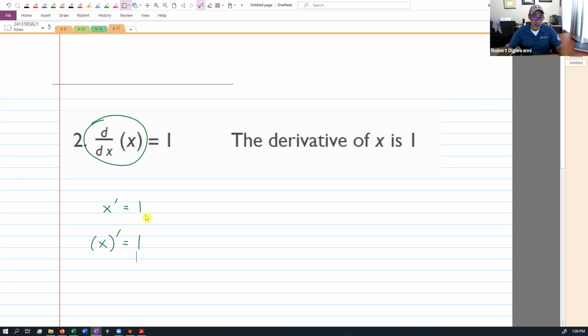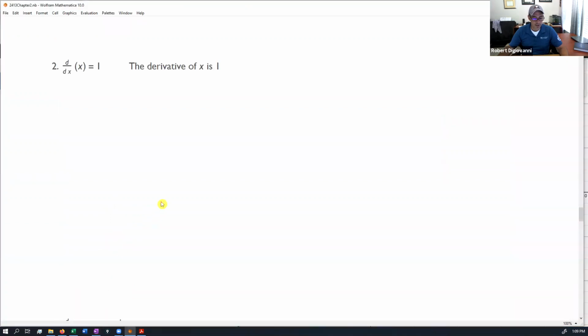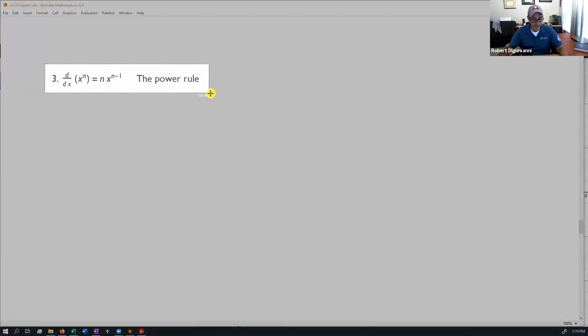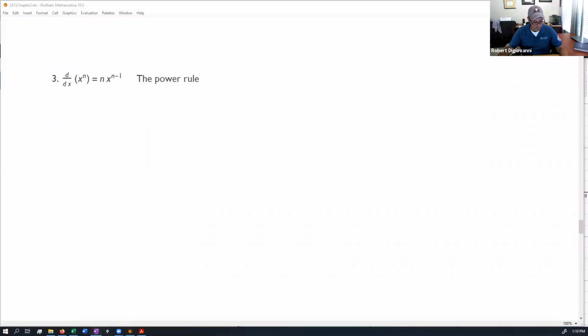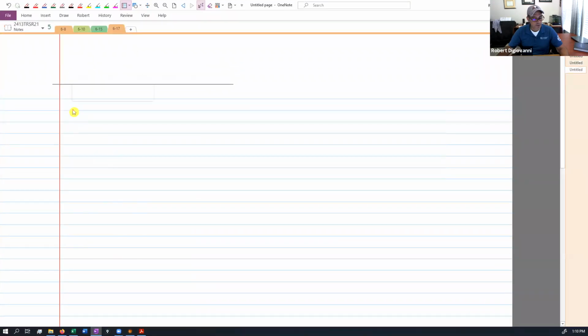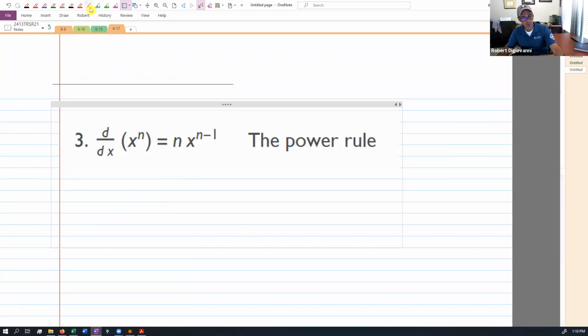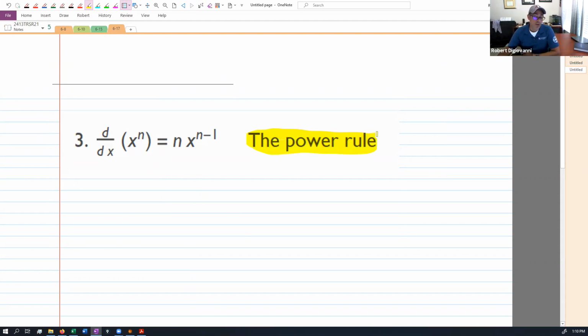Now, the next property is very difficult to convince you of visually. Okay, so let's look at the property. This is a super important property. All right, I'm going to put stars next to this in a minute. This is what's referred to as the power rule. And it is critical for us moving on. Look at what this property is saying. It's saying that if you have x raised to a power, any power, so it's using the variable n,